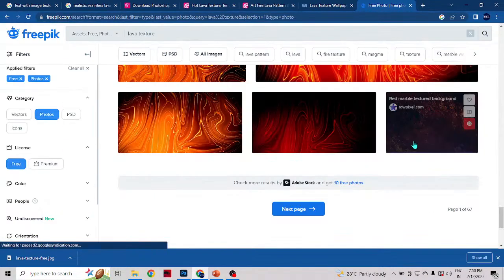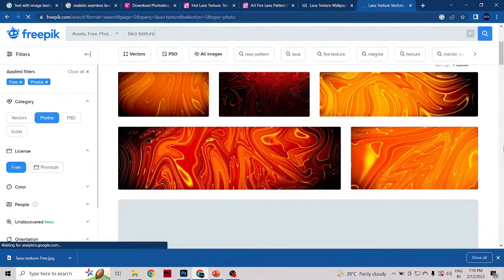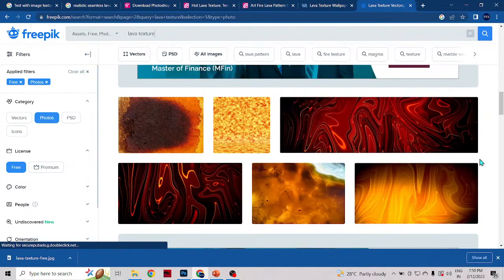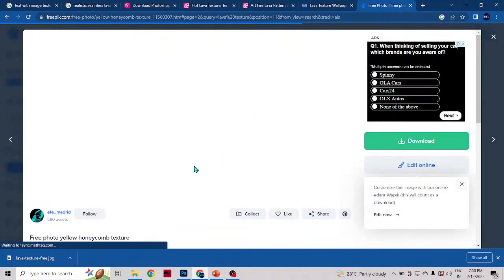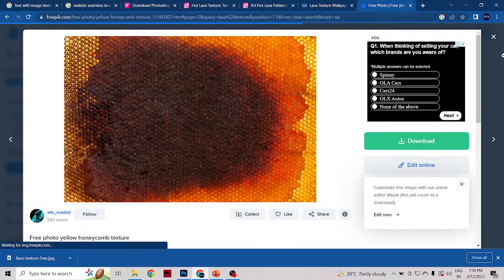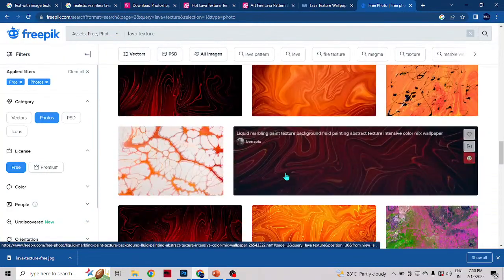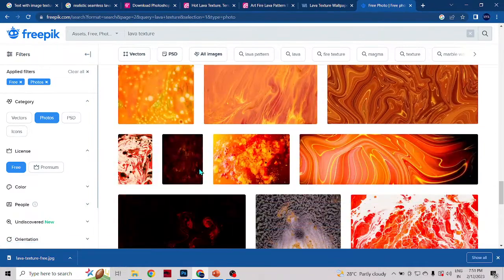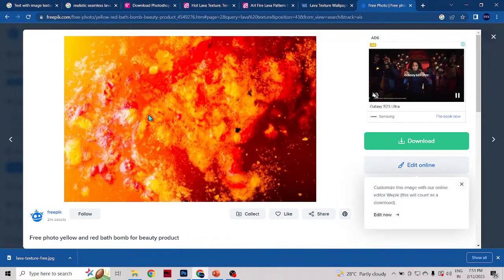Okay, so here we have some images, but that exact feeling is not carried, I guess. So I'll just try to download this texture,